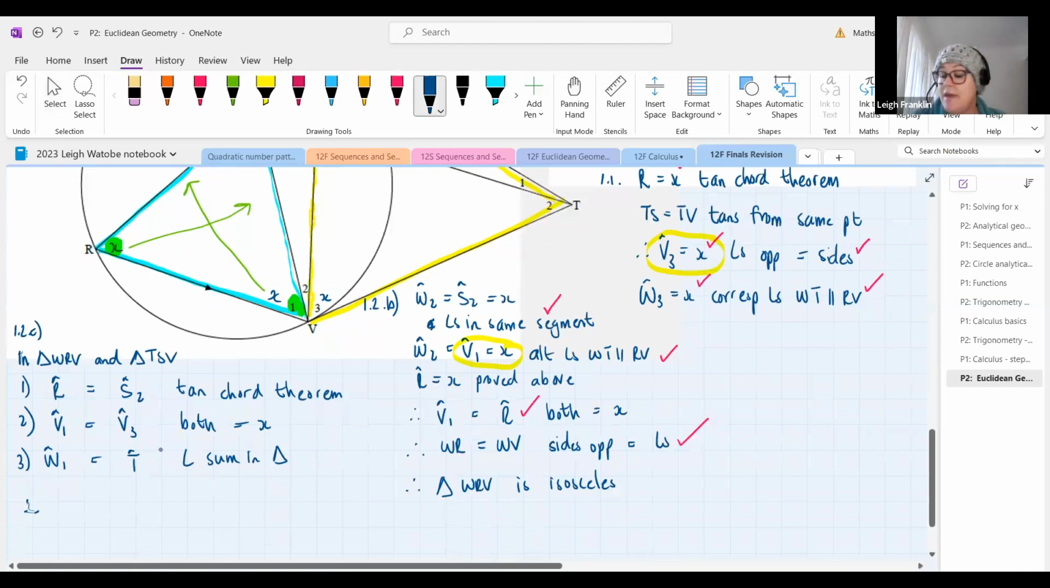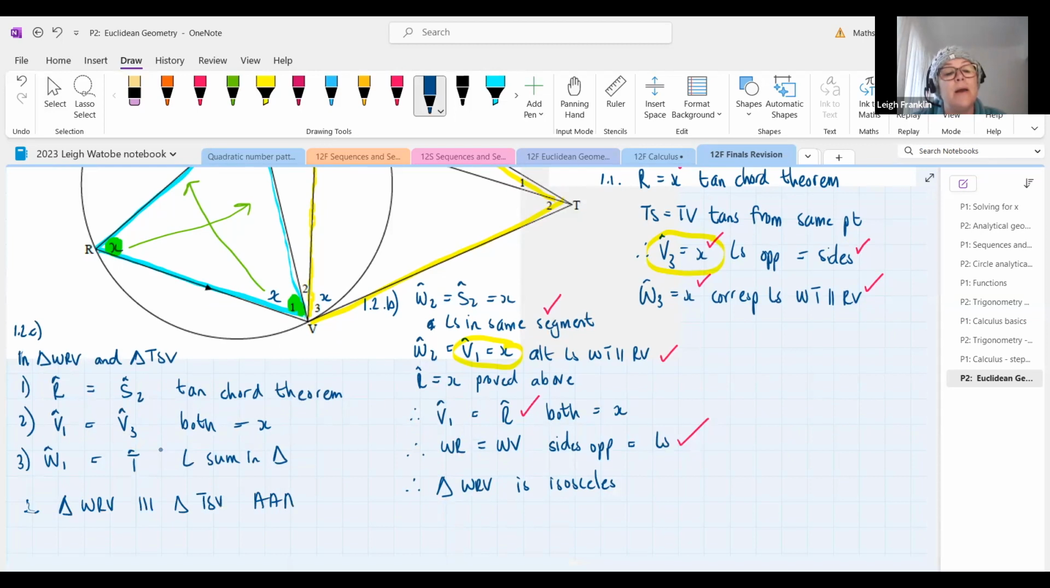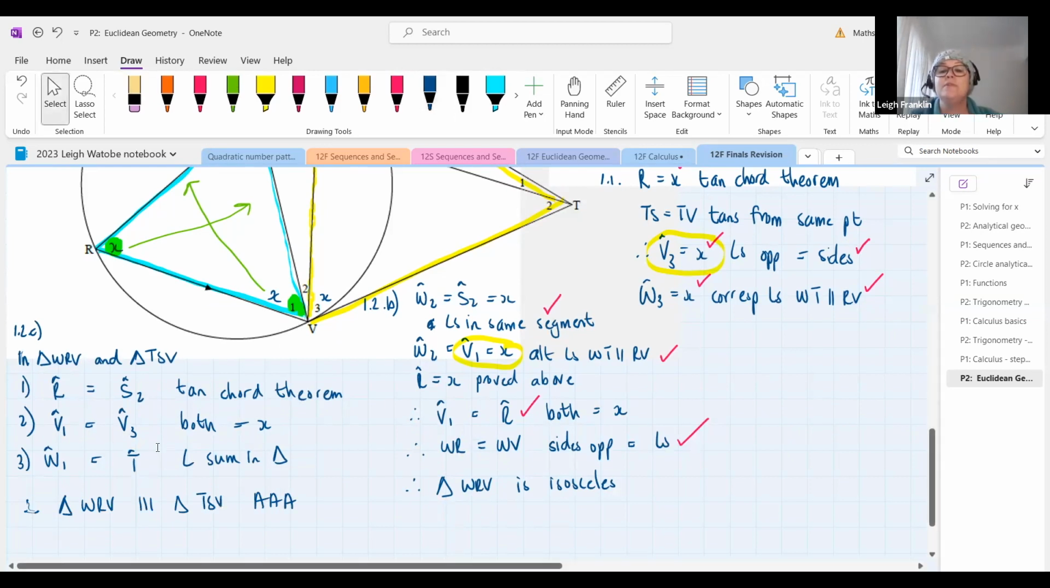So that means that triangle WRV is similar to triangle TSV, and we've proved it by angle, angle, angle. Okay, so this is out of